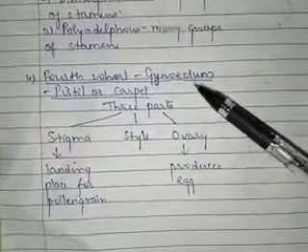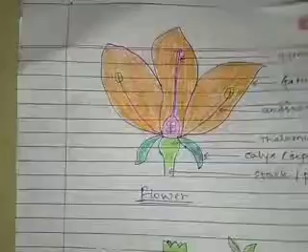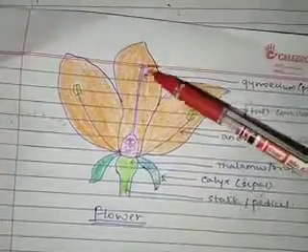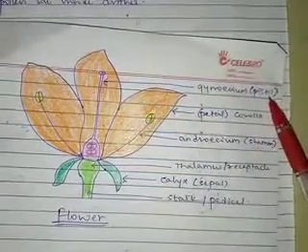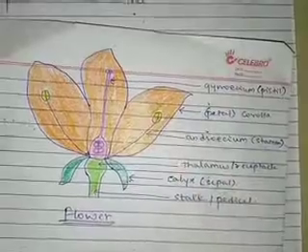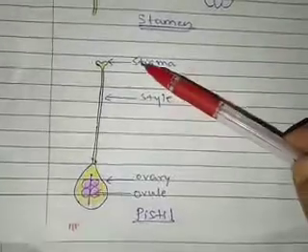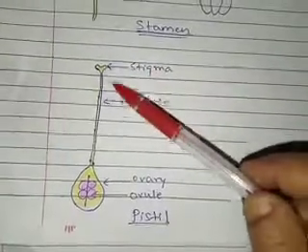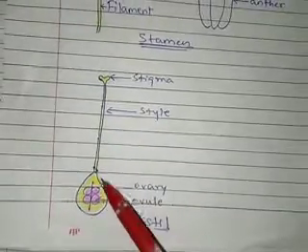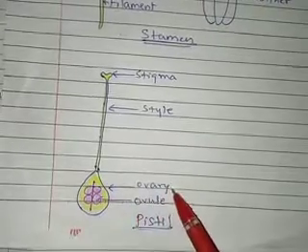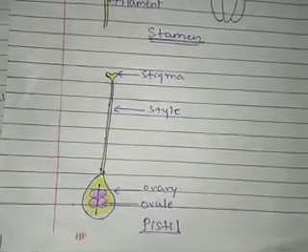Now, when we study the gynoecium, with the help of the same diagram, see, this is the gynoecium. Each member of the gynoecium is called a pistil or carpel. When you observe the pistil, you find that it has three different parts: the stigma, which is a lobed structure, the style, which is a thin wiry structure, and then at the base you have a globular structure, which is called the ovary. So these are the three different parts of the pistil.